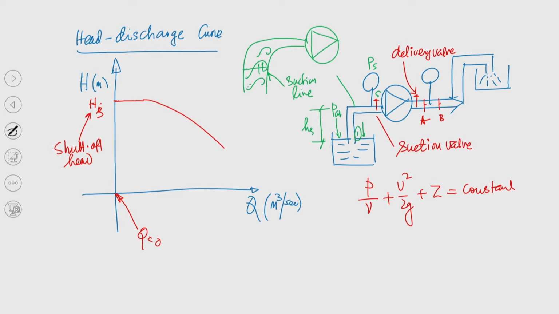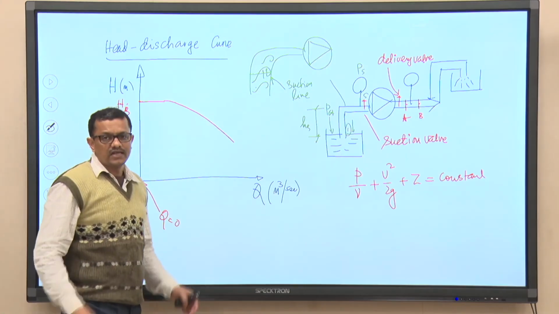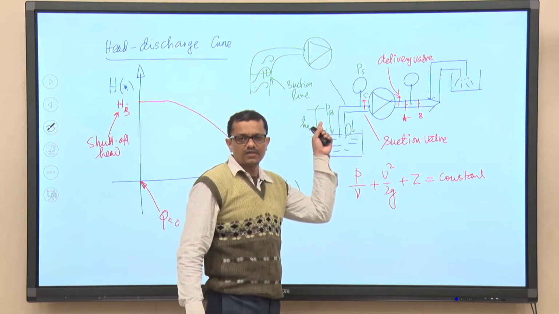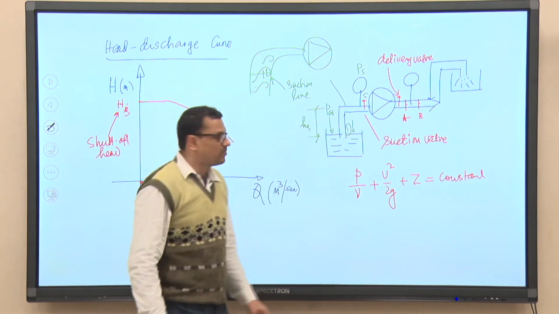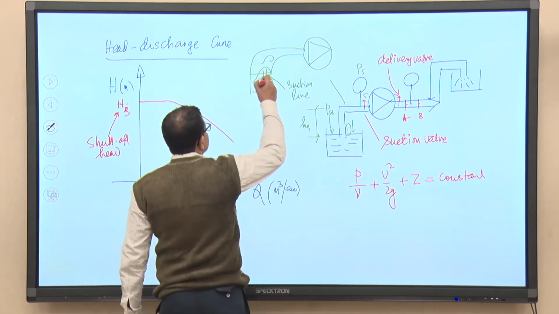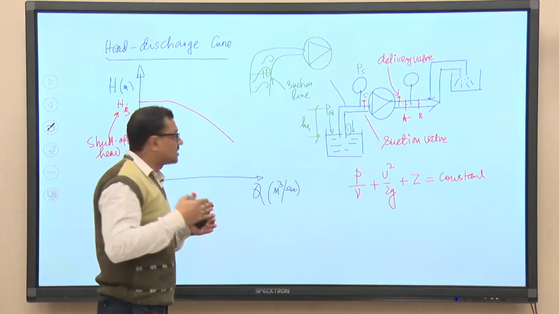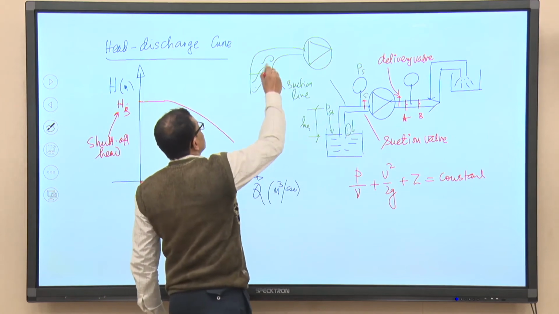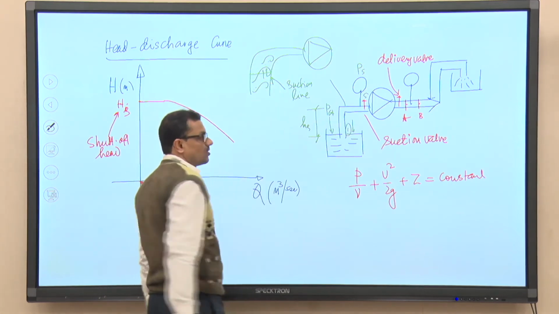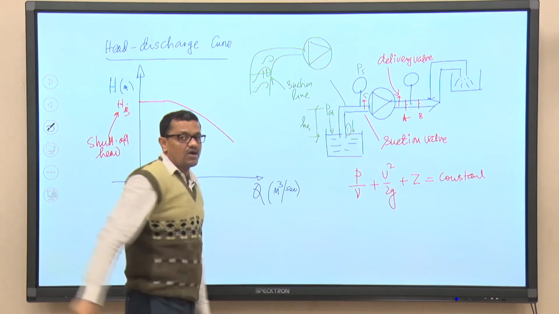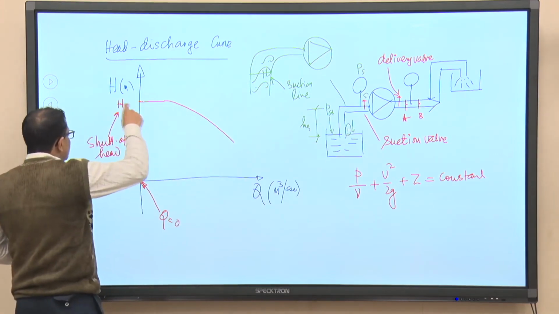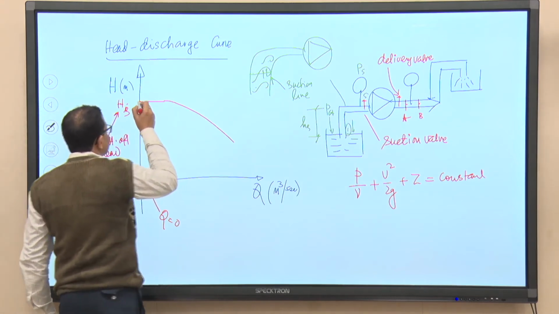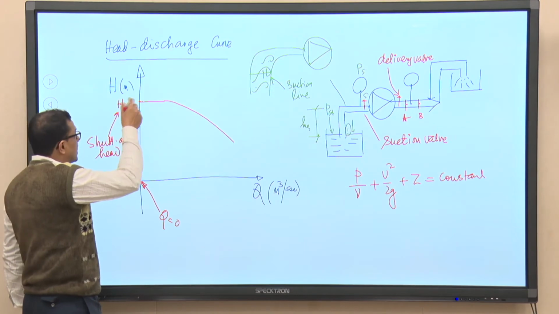So, because of the non-uniform velocity distribution, that is highly possible because the fluid particles are in contact with the solid surface, viscous effect will be there. So, the non-uniform velocity distribution will lead to a situation wherein vortices will form, and that is the recirculation. So, basically these losses are known as recirculation loss. Because of this recirculation loss, the shut-off head will be slightly less than what is shown in this diagram.